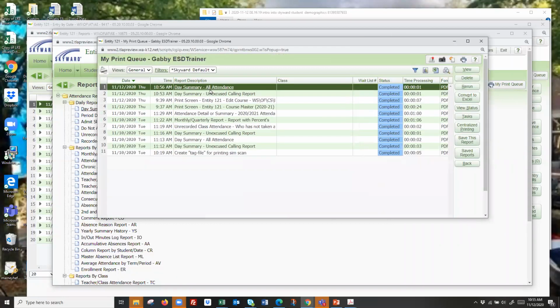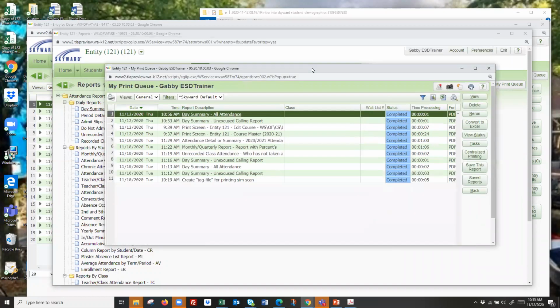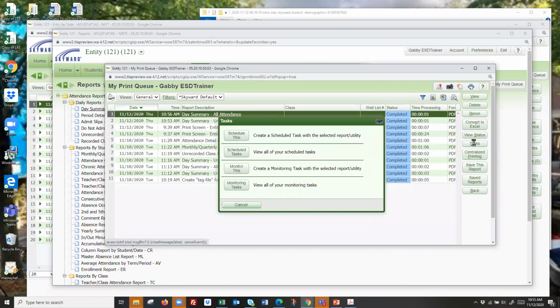I'm going to highlight that report because in order to schedule it to run, you have to create it and run it once. It has to be sitting here in your print queue. Either a utility or a report has to be here in this area. So I'm going to highlight my all attendance, and over on the right, and again, this is security driven, you hit tasks, create a scheduled task of this particular report or utility,